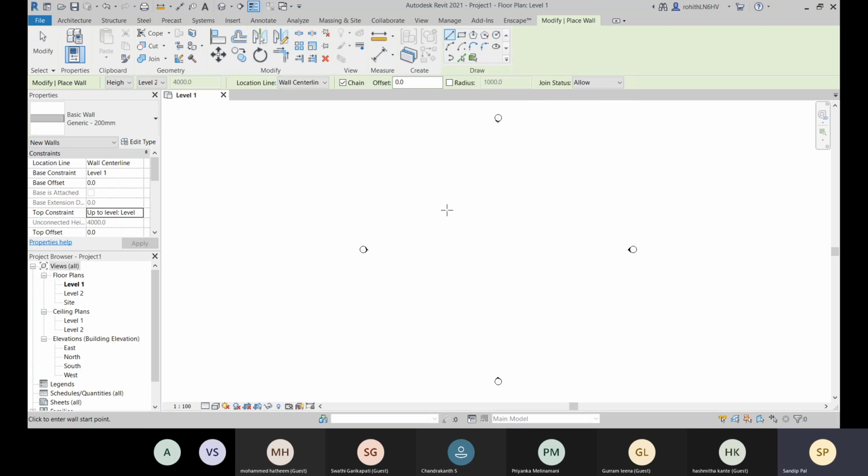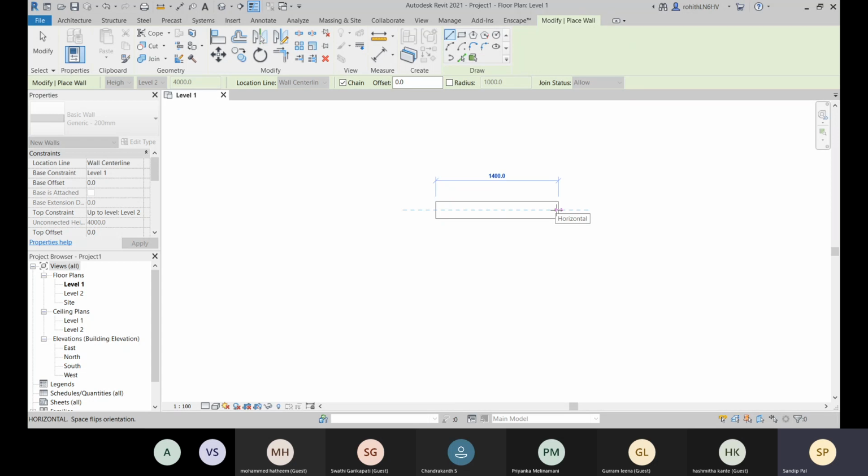That point will be the center line of my wall. Now see that this is the center line. The point I have clicked, that is the center line. So this is how I am placing my wall with the center line.